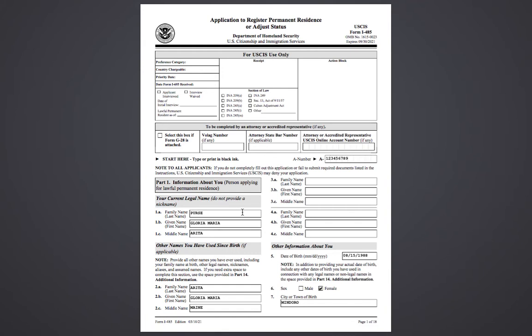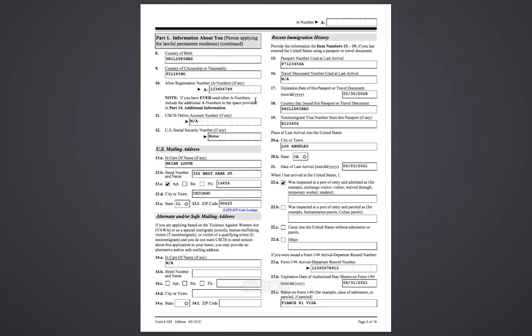To start, you need to fill out your personal data, like your current legal name, which is your married name, and up here is your single name, and also other information about you, your birthday and your sex, and your city or hometown of birth. That's the first page. And to move on to the second page, you need to provide your address,